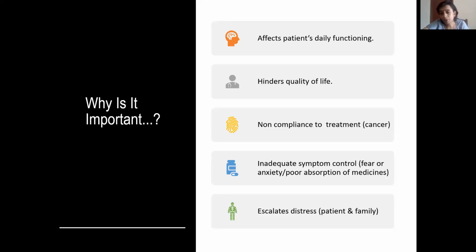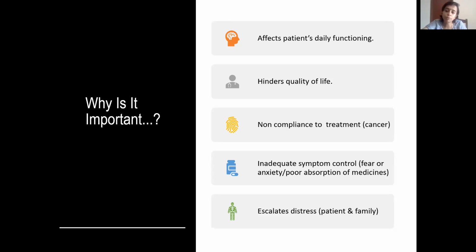Inadequate symptom control, because many of our patients will be on oral medications so that it is easy to control at home. But then what happens if they have uncontrolled nausea and vomiting? There is always a fear of poor absorption. I have vomited all the medications out. Or sometimes we actually experience poor pain control, because a patient with nausea and vomiting will vomit out all the tablets. For example, they might be on morphine, and then they'll have increased pain. So the symptom control is totally affected when there is poor control of nausea and vomiting.